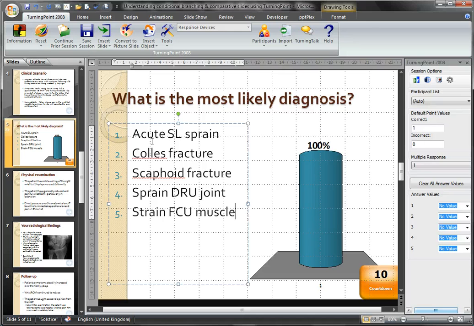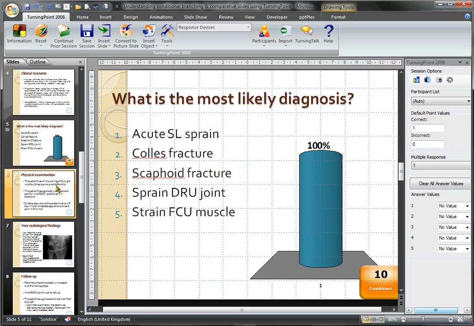What we need to do now is tell TurningPoint which one of these is the correct answer, and in this case it's answer number 3. So we go here, select from the drop down menu and select correct for answer number 3, and then automatically all other options become incorrect. We then offer the student some physical exam findings, again very basic,